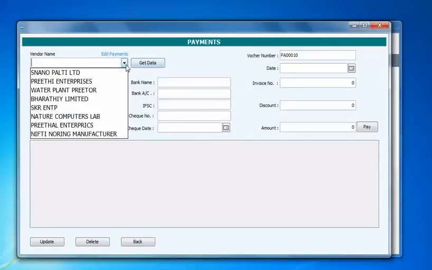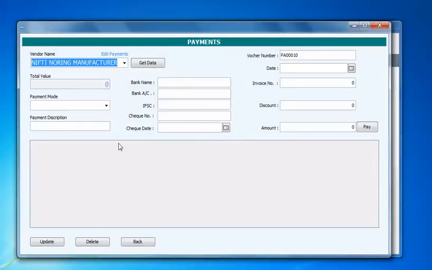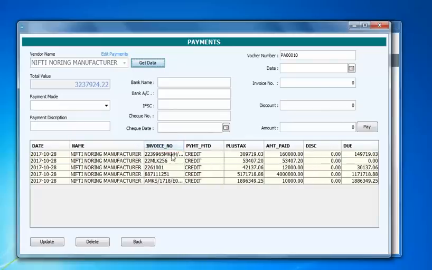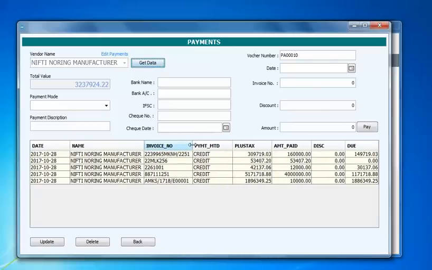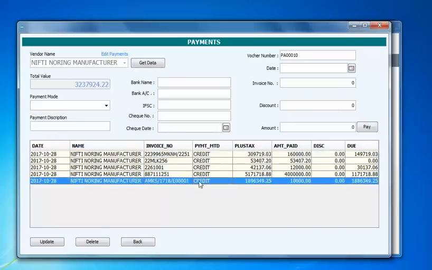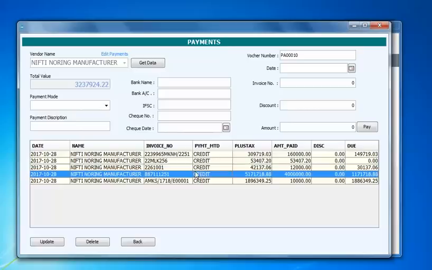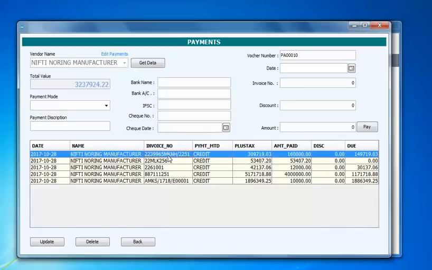Now what if you have more transactions, or I'll give a small example. What if you have more than one invoice? So you can see here, we have more than one invoice. All the invoices are part of credit here, so you are not seeing any cash or card payments. We are only checking credit invoices. So these are the important invoices which we have to pay the money for,